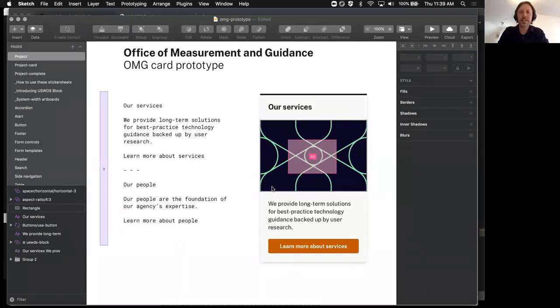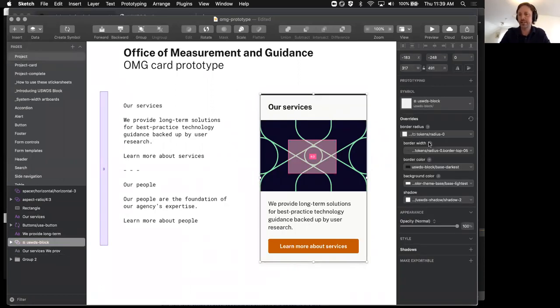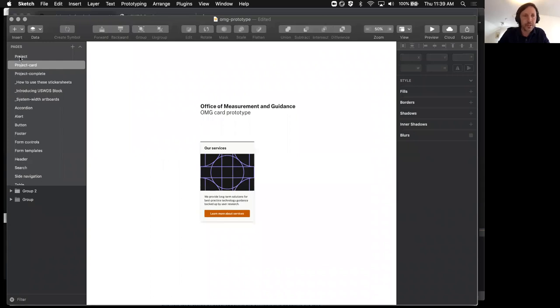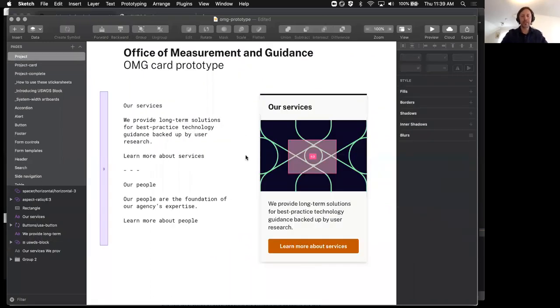And now I have essentially a prototype here that I've built with USWDS Block that's set up with all of these different design system tokens, and I can hand this off to a front-end developer to work from this. This is another one, same thing. So now I have this card. How would I then build this in